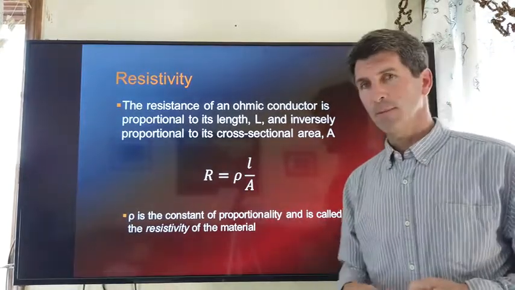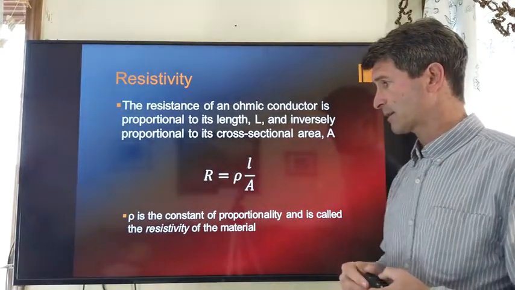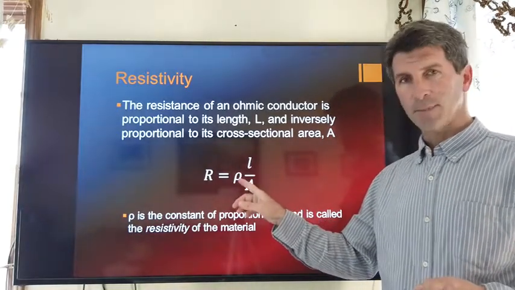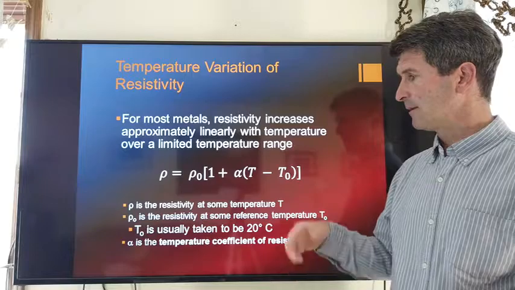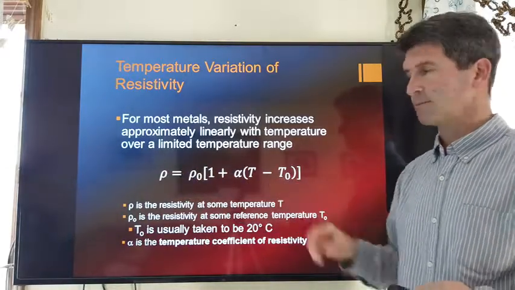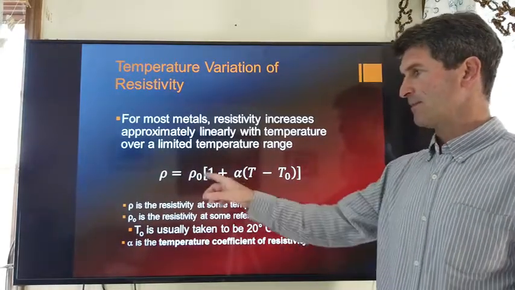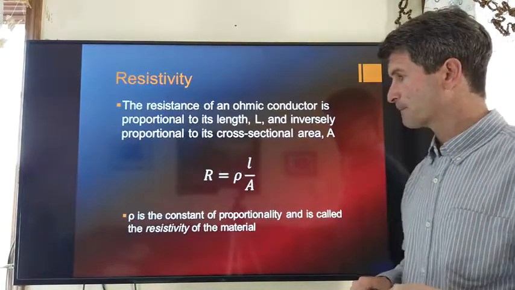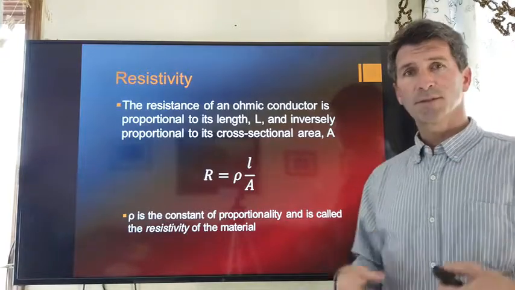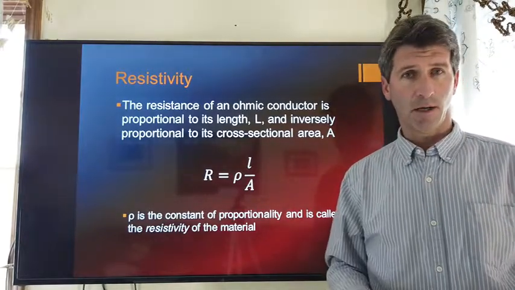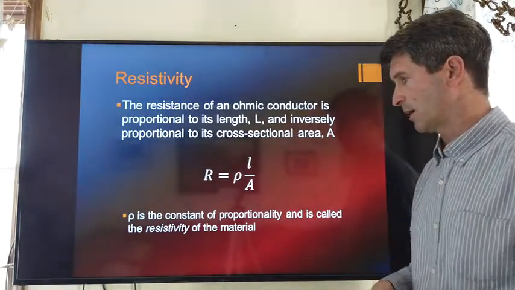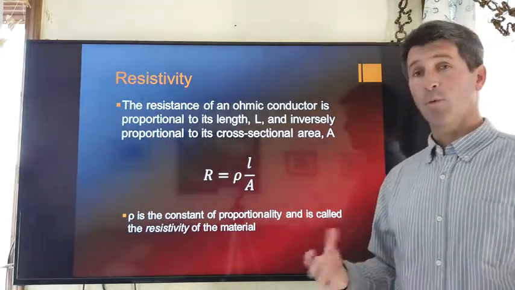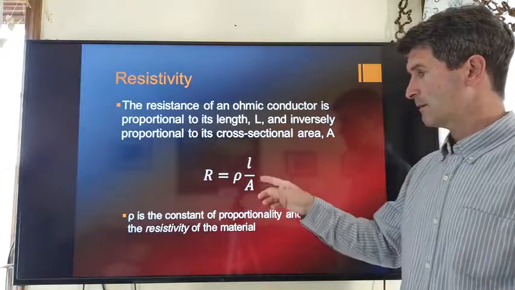So what determines your resistance for a particular conductor is what material you're using, okay? What temperature it's at, because this rho, again, has a temperature dependence. It's not great. It's mainly dependent on the material, but there is a slight temperature dependence. Longer wires resist the flow of electricity much more than shorter wires. And cross-sectional area, just like you can send more water through a bigger pipe, a fatter wire,